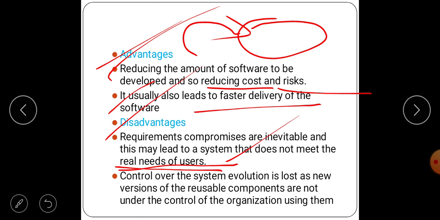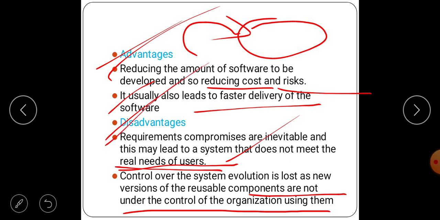Once we use reusable components and develop a system, we cannot update further, because the components are not under the control of the organization.